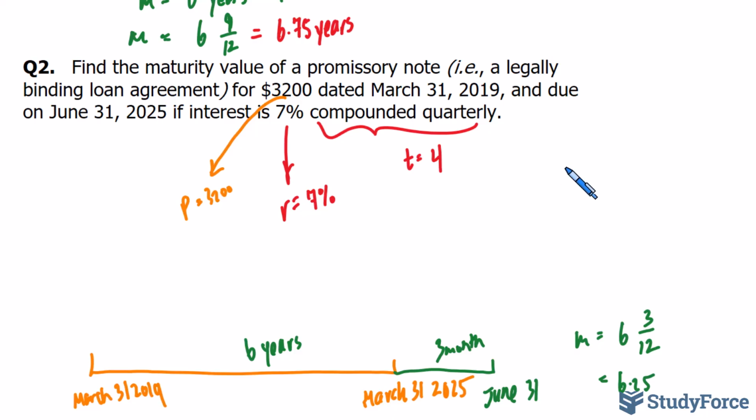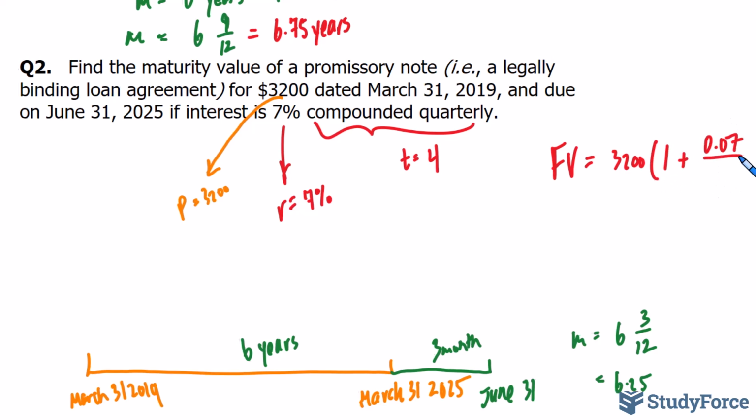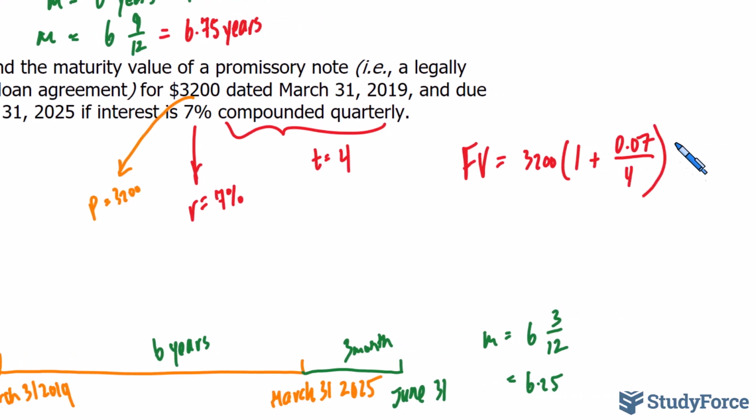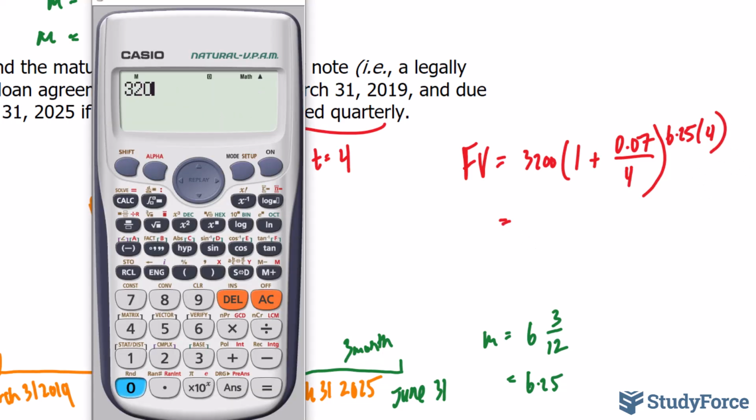Let's now substitute this into our formula. FV is equal to our principal of 3,200, 1 plus our nominal interest rate of 0.07 divided by 4. M is 6.25 and T is 4. When we multiply this all out, we get 3,200, 1 plus 0.07 divided by 4, raised to the power of 6.25 times 4, and we should end up with our final future value of